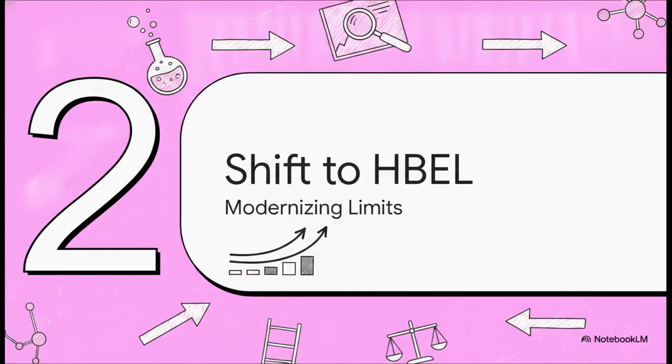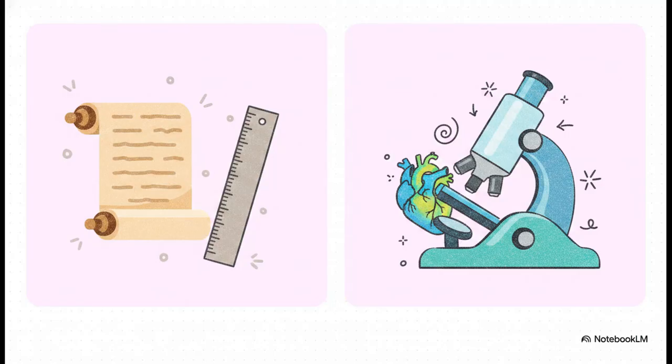Let's move to Section 2. The shift to HBEL, modernizing limits. You know, for decades, the industry just relied on legacy models. We're talking about the classic 1/1000th of a therapeutic dose limit, or just a flat 10 parts per million limit. But here's the thing. These historical defaults completely lacked true toxicological grounding. And today, inspectors are increasingly calling these legacy approaches out as totally inadequate, especially when we're dealing with highly potent